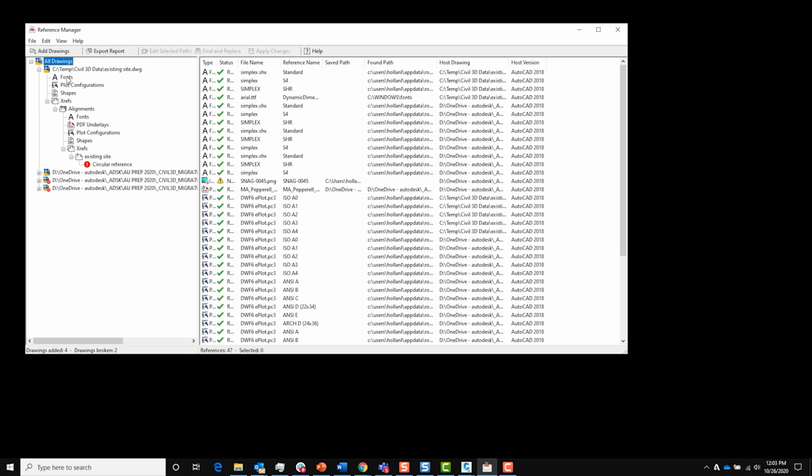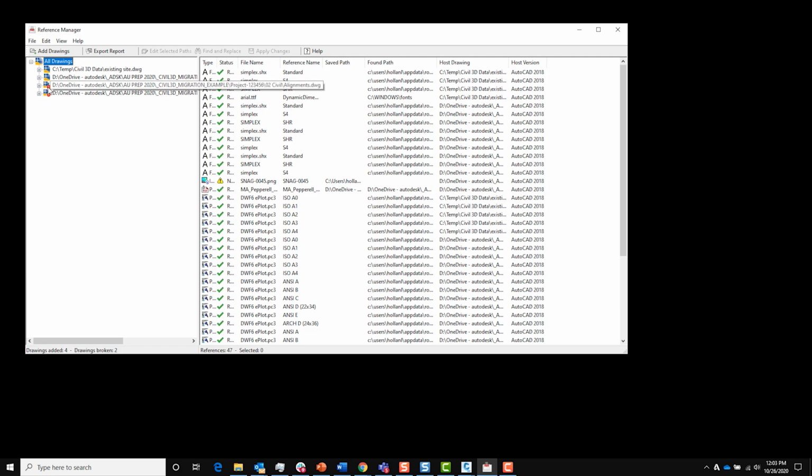And here's where we see there actually is a circular reference. And this is what that looks like. But I kind of had to force the issue because AutoCAD does such a great job of preventing this. But this is just an example to force that circular reference. So I'm not going to worry about that, but that is something we would want to correct.